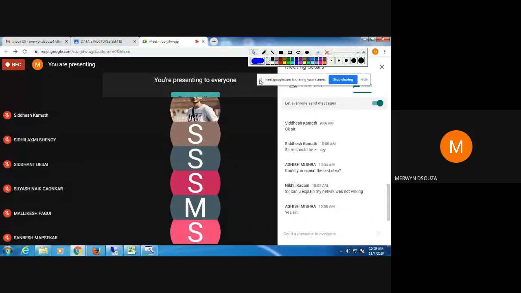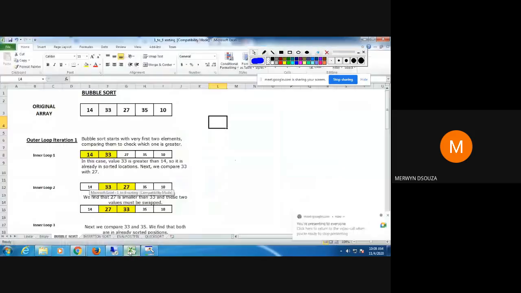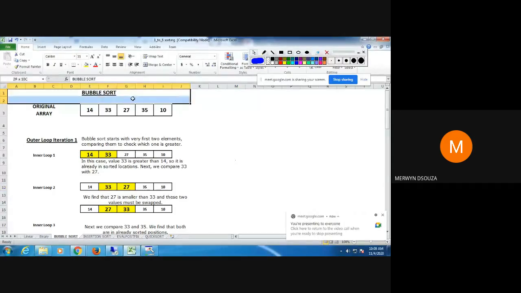So these are the two searching methods that we are going to learn. And there's one more method known as hashing, but hashing I'll do later, maybe after your IT. So let's go over to sorting methods. Okay. So the first sorting method that you're going to learn is bubble sort. You're going to study bubble sort.